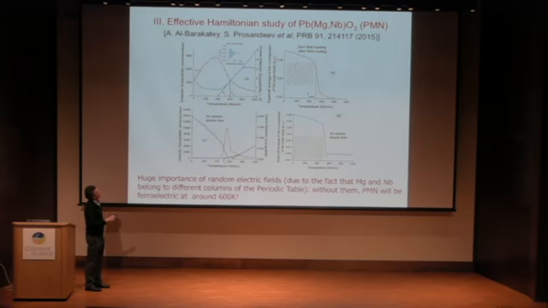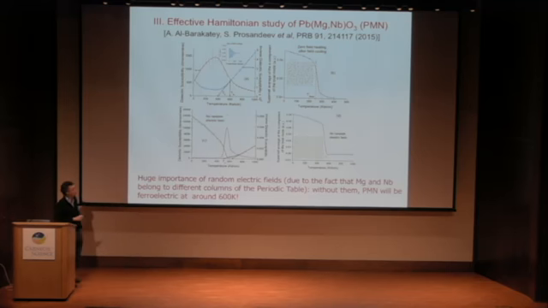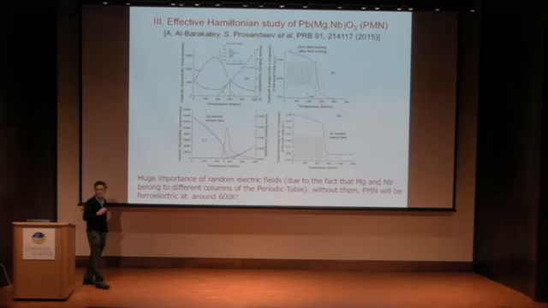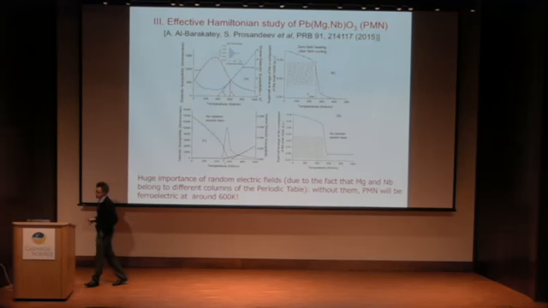a jump. And this is something known in experiment. This is known as the depolarizing temperature, and we found around 250 Kelvin, and experimentally it's probably around 217 Kelvin. The beauty of simulations is that you can play with some parameters, and for instance, we switched off what is known as the random field, and these data are telling you that if you switch off the random field in PMN, you basically get a strong ferroelectric state. So if there were no random field in PMN, the system would be ferroelectric at 600 Kelvin.